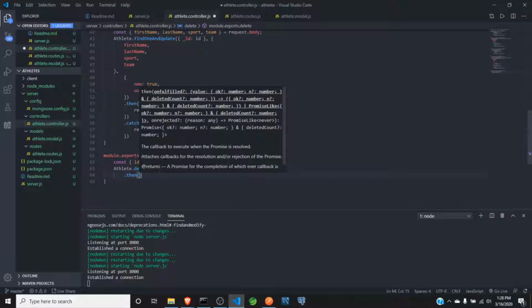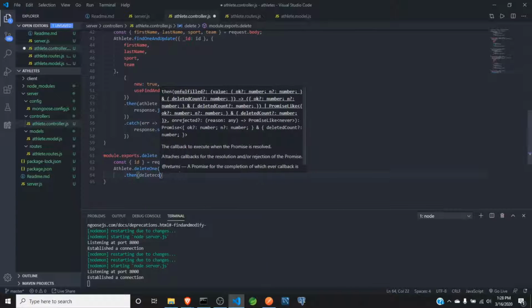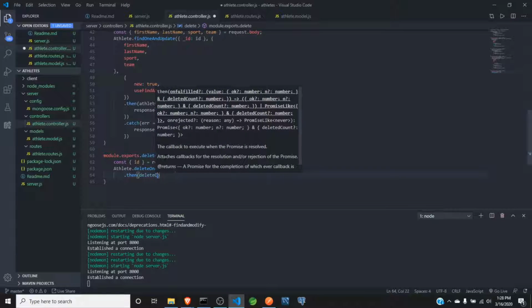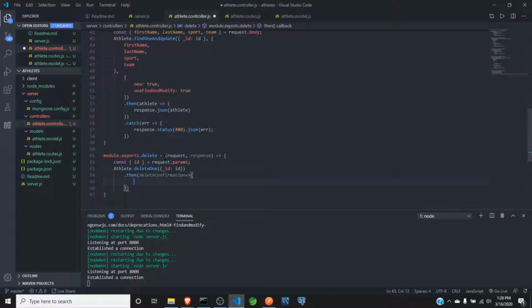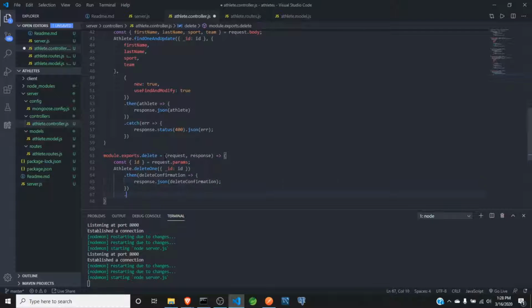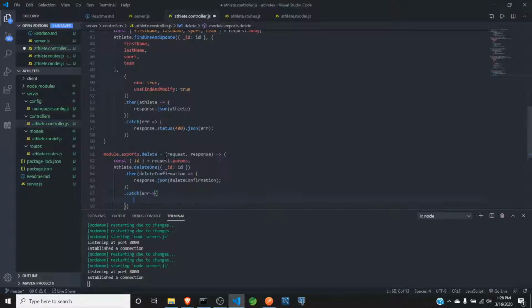Then we can send a confirmation, response.json delete confirmation, because of what is actually going to be sent back by this method. And if there's an error,